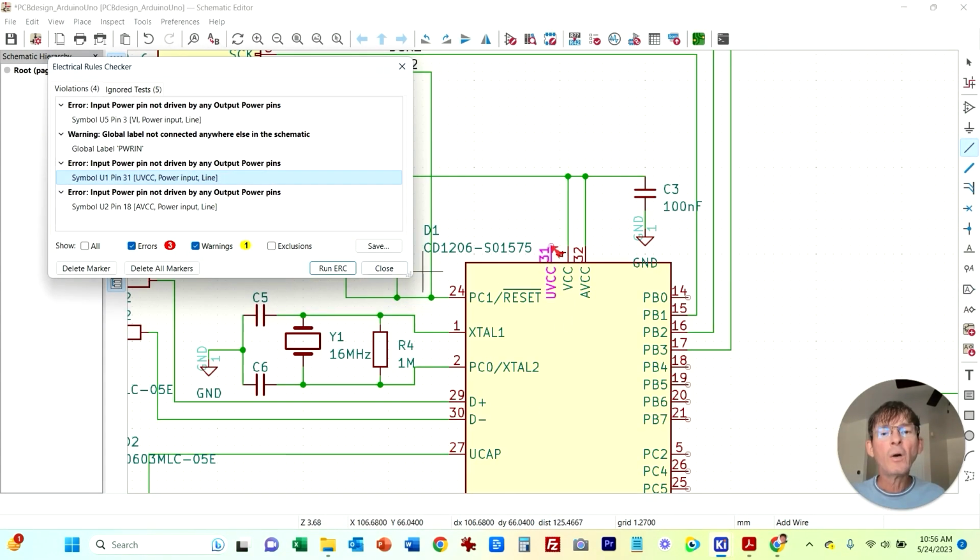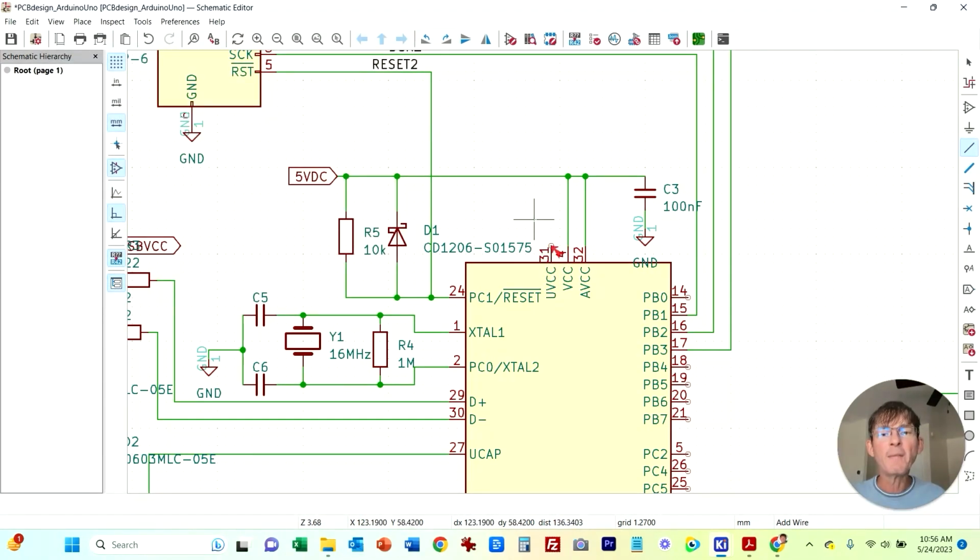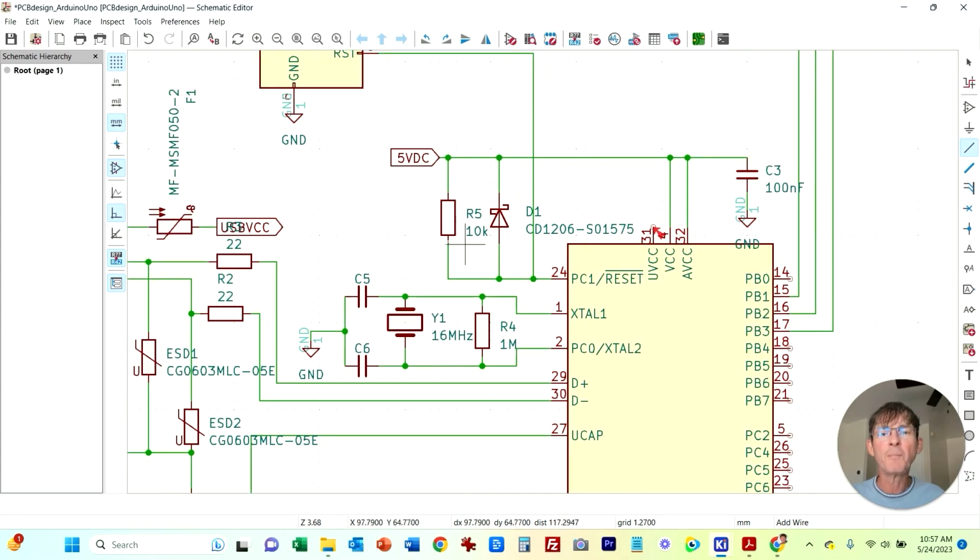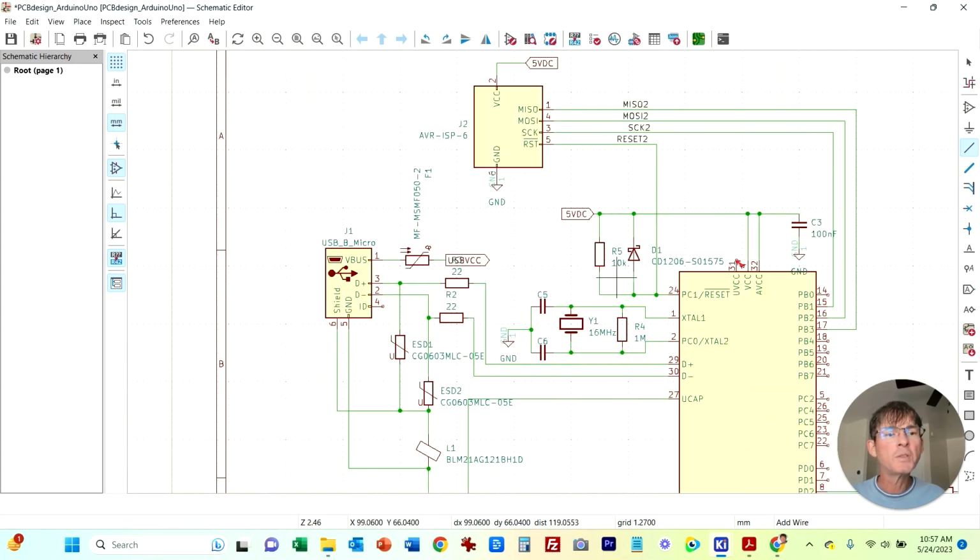UVCC. Oh, okay. This is the power. The USB VCC needs to be connected to this. Even though they're both 5 volts, the VCC has a separate power supply from the power supply just for the USB. So what we're going to do is, this 5 volts is there even if you don't have USB, because